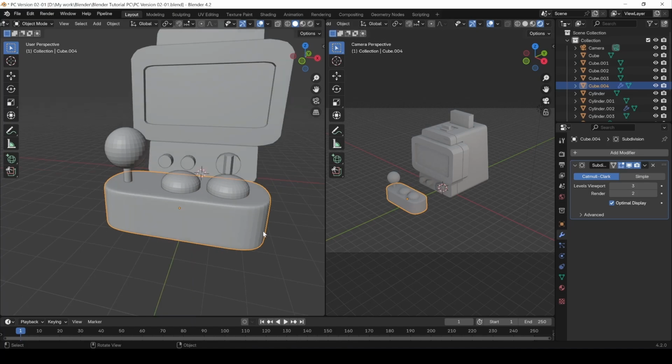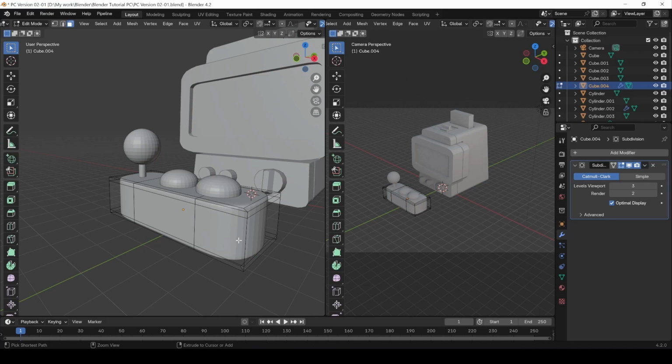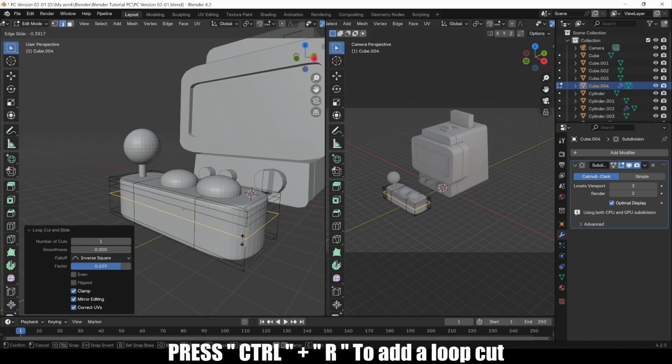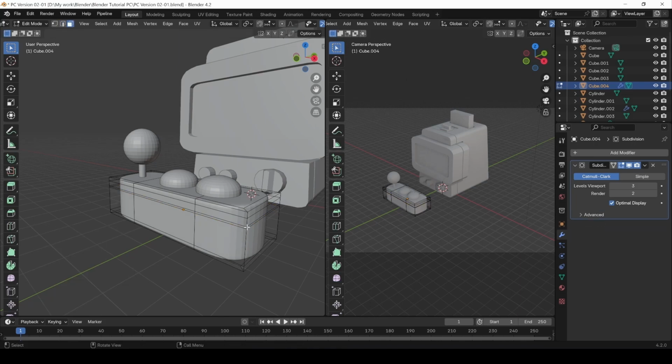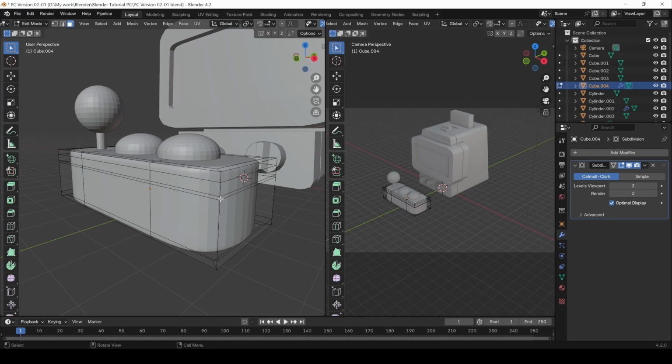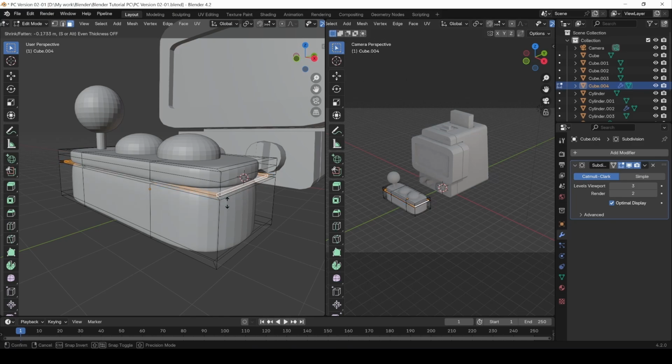So now let's make the crease inside. If you go and press Ctrl R, and let's add it right here, and then Ctrl R and let's add it right here. Okay, and if you press on face mode and just get closer and select all these faces, press Alt then E, then along normals, and put it inside,